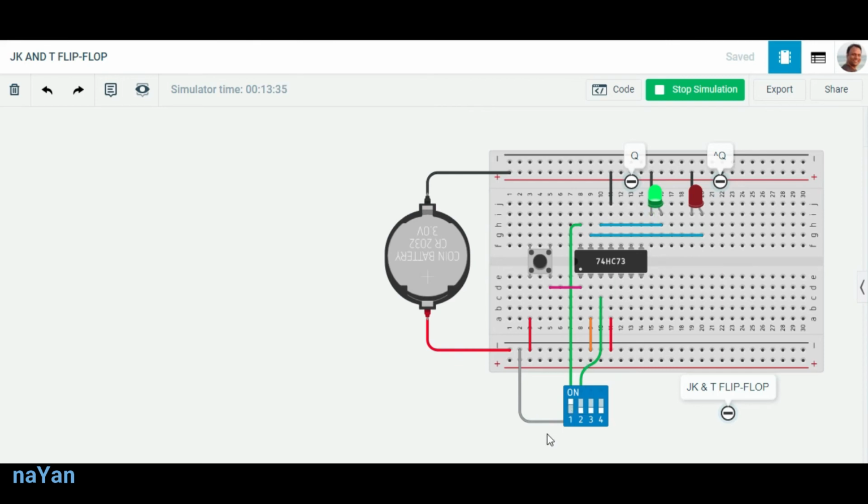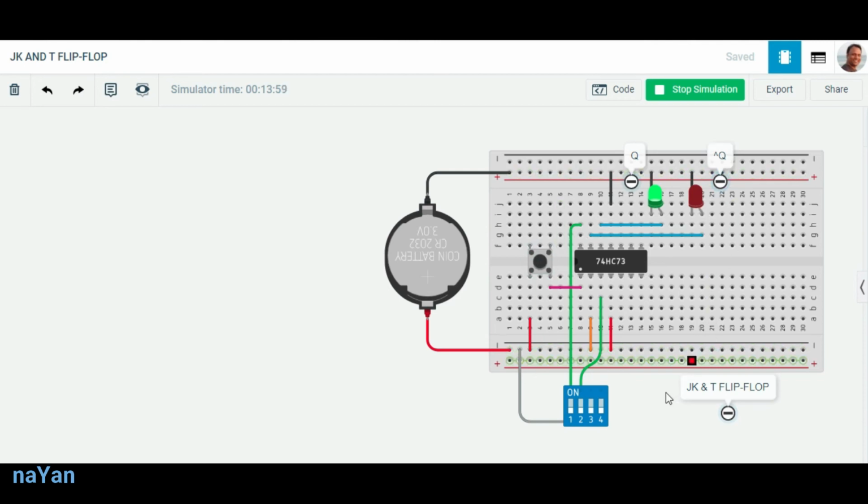Now we check the 0 0 condition, which is the no change condition. In this situation, we change J to 0 and K to 0, and now if we apply this clock, we have no change in our output. So I am applying this clock and the output is not changing.